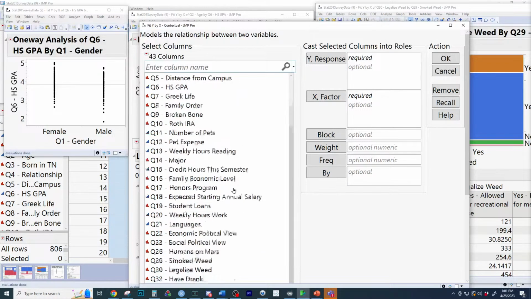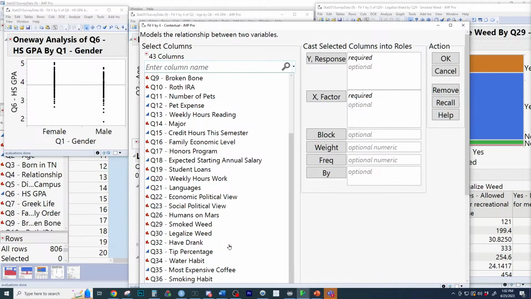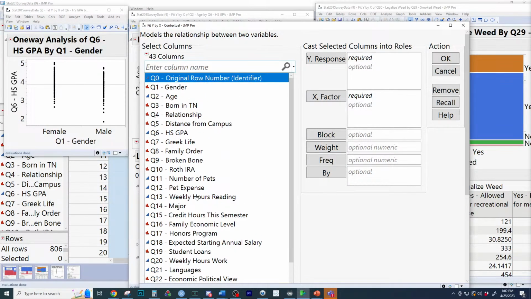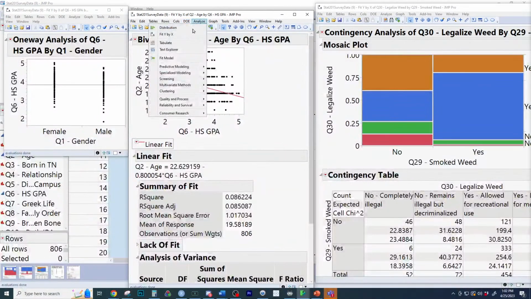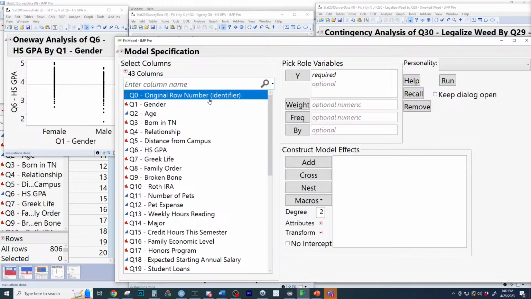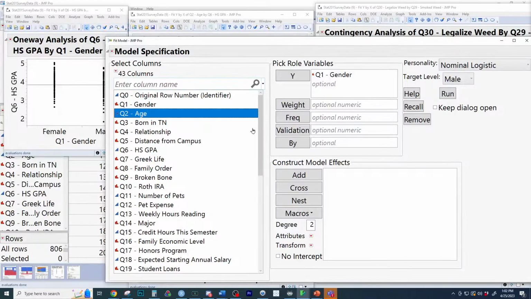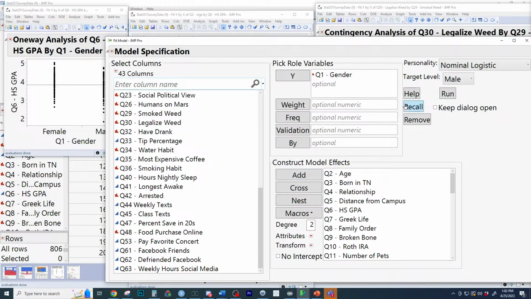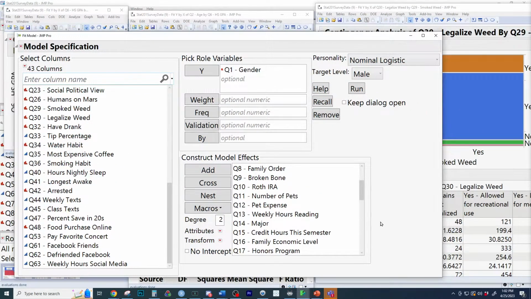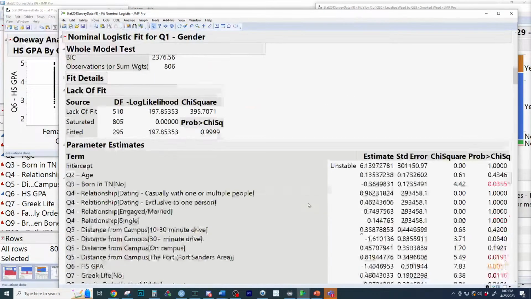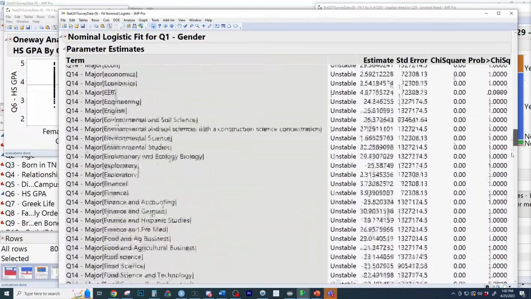I'm trying to find one that's strong enough you can really see the strong S shape. What is even stronger? Well, let me cheat. Fit model. And let's go here to predict someone's gender. And let's go crazy. Should do it. Nominal logistic. Cool. Level of interest. Cool. And let's run it and see the sigmoidal curve. Oh, it doesn't show me the sigmoidal curve? Come on. Yeah, this is a horrible idea.